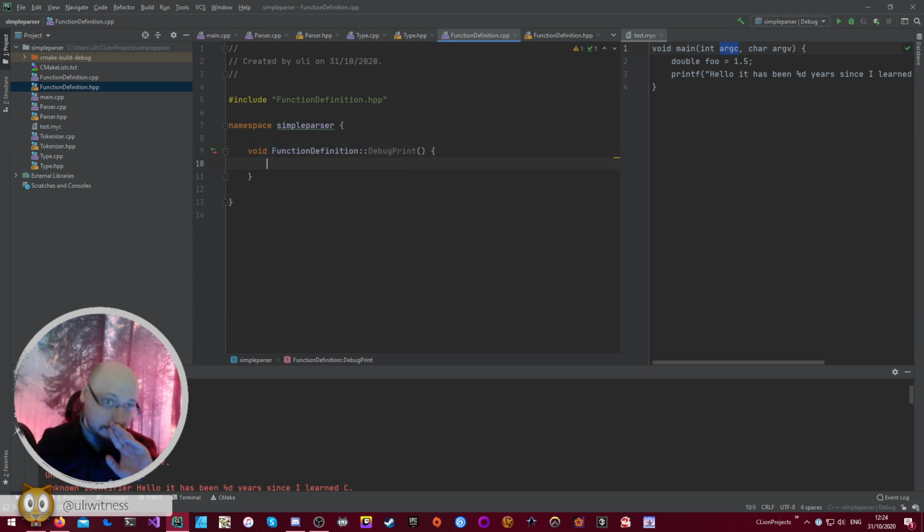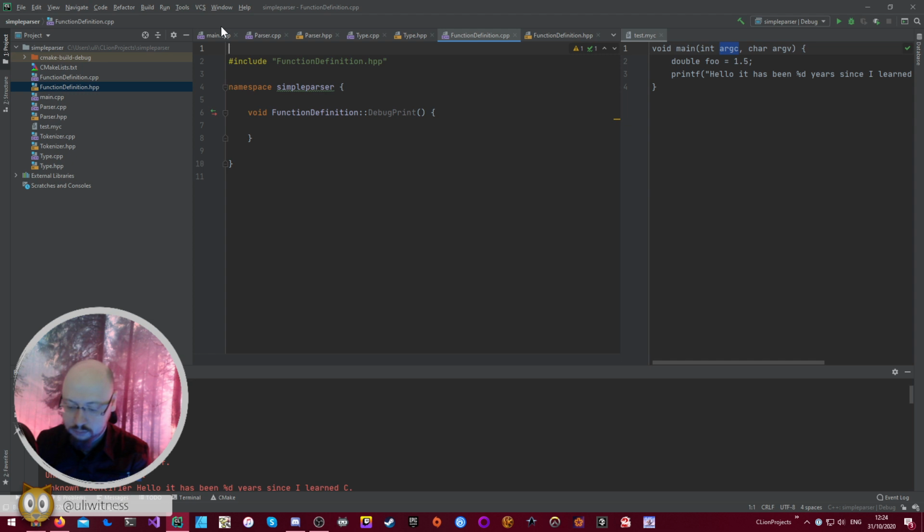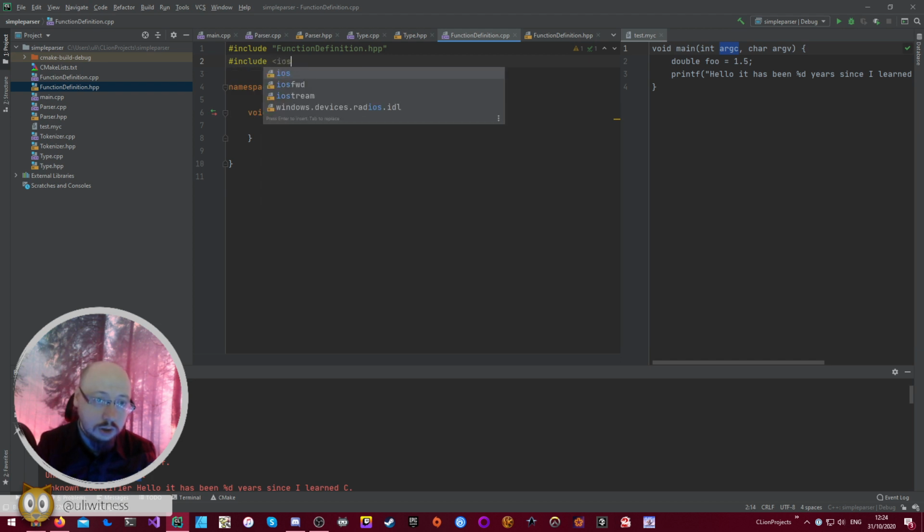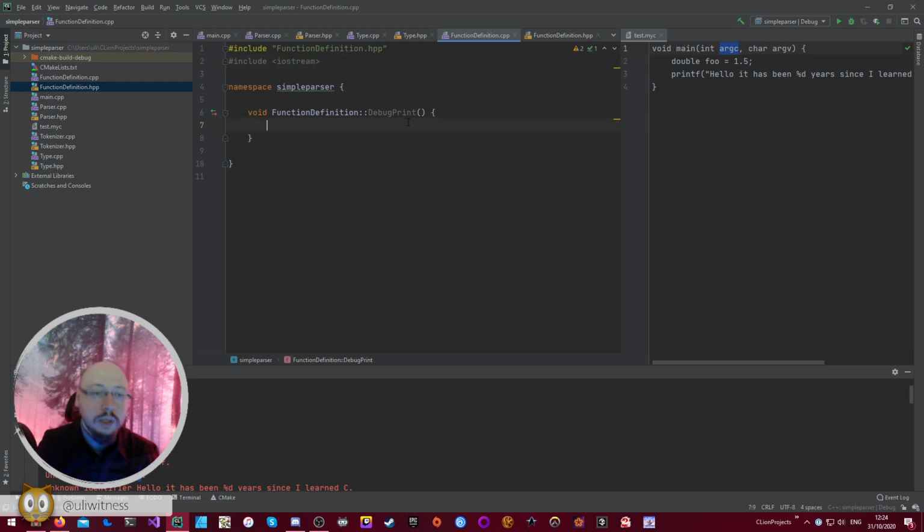All right. Include iostream, so we can actually print something, and then say